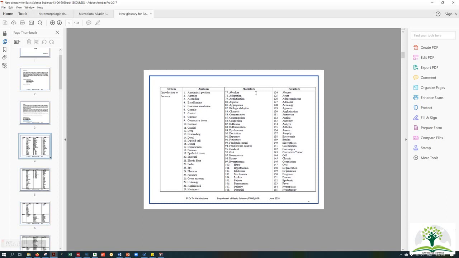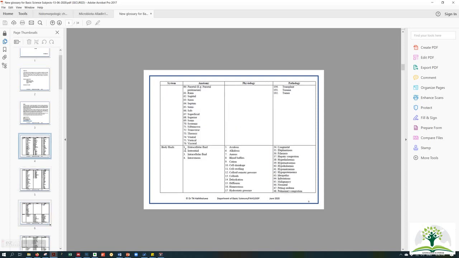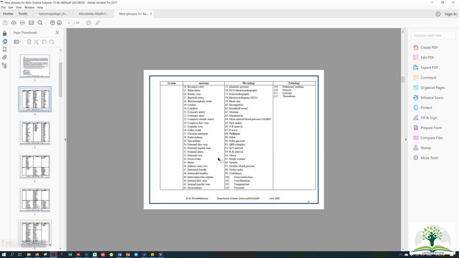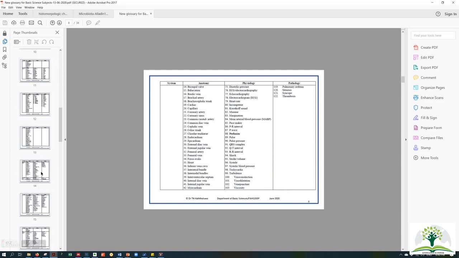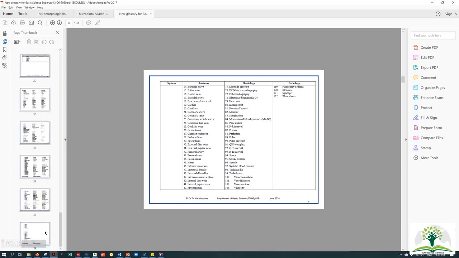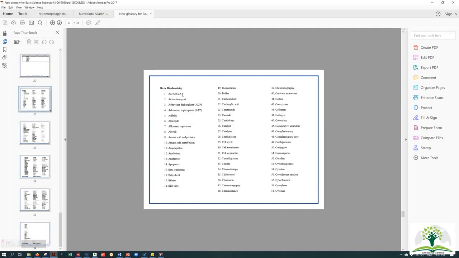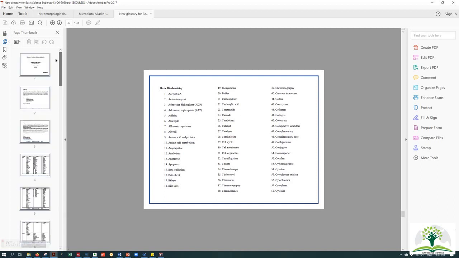The purpose of categorizing it under different lecture topics is, suppose you are going to have a body fluid lecture tomorrow, you can go to the glossary and click on that body fluid category and you will get a nice list of scientific terms that you are going to hear in the lecture and the meaning of those terms. And it's important to have a glossary, because when it comes to the exam, I'm sure you are going to go through your lecture notes one week before, maximum 2-3 days before. Then you will see a lot of terms that you don't understand. In that case, you can just go to Moodle, click on the glossary and find the meanings.